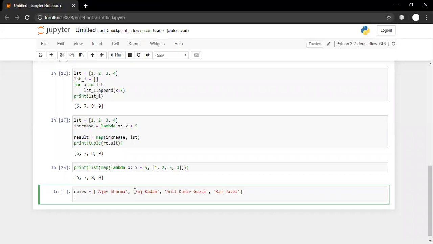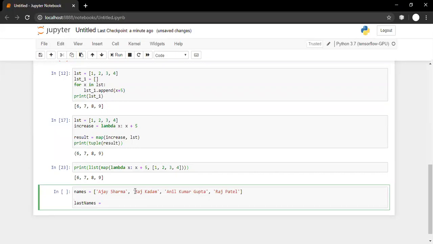So how can we do it? Let us say if I want to extract the surnames, how can I extract the surnames or last name? So first see this. Let us say last name: for name in names, last name, how can we do it?